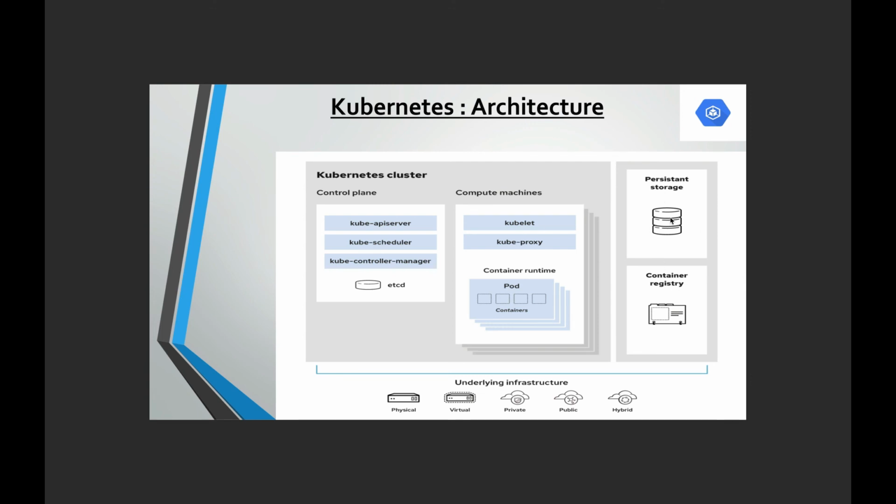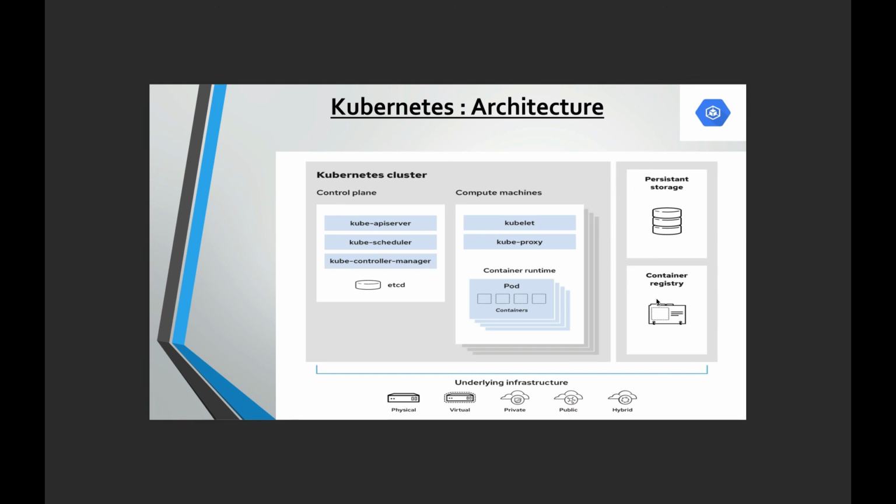Now the other components here we see are persistent storage and container registry. Persistent storage is basically used to manage the application data, so that even if your pod dies... currently if you don't engage anything with your Kubernetes pods, as soon as the pod dies, your data will not persist, or the data will also be gone. So to have persistence you should use persistent storage. Persistent volumes can be specific to the cluster rather than pods.